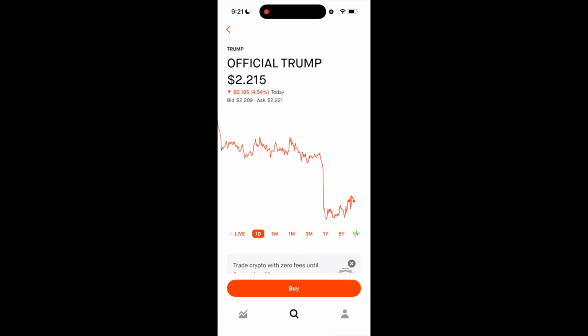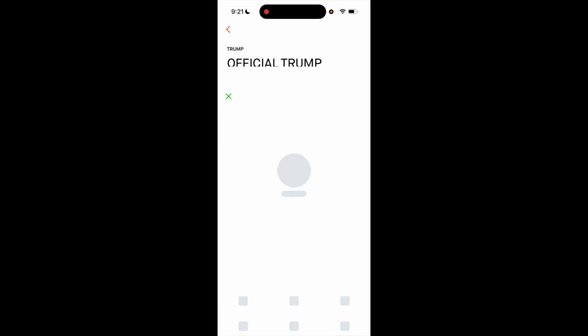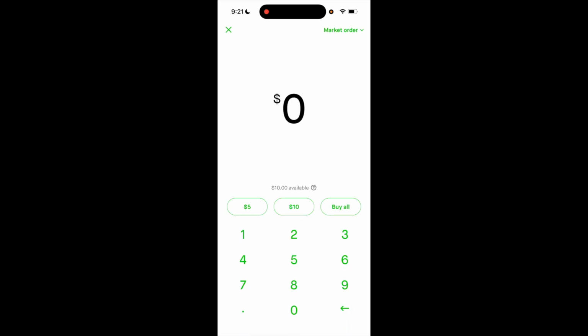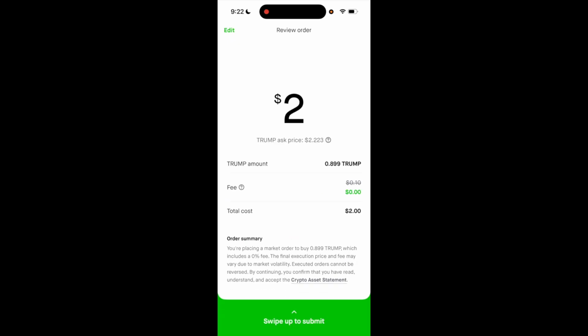Once you're on this page at the bottom where it says buy, press that. Then once you're here, you can type in the amount that you want to purchase. So for example, if you wanted to buy $2 worth, you would type in 2 and then just press on review. Then you can review the order by checking how much of the crypto you're purchasing, the fees, as well